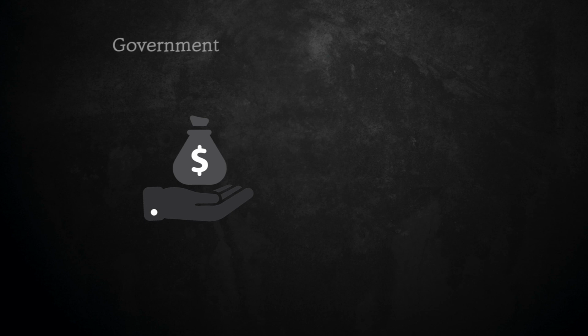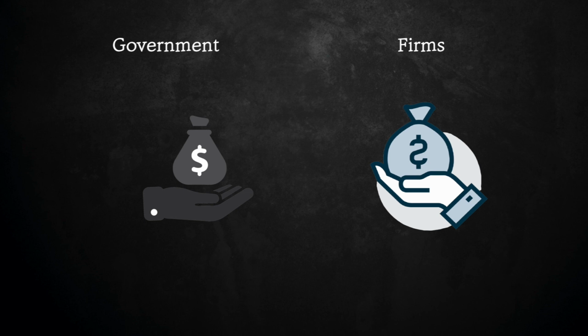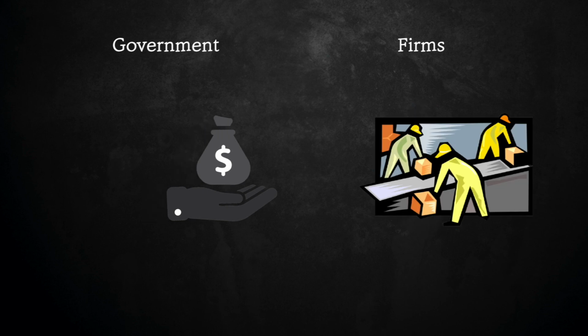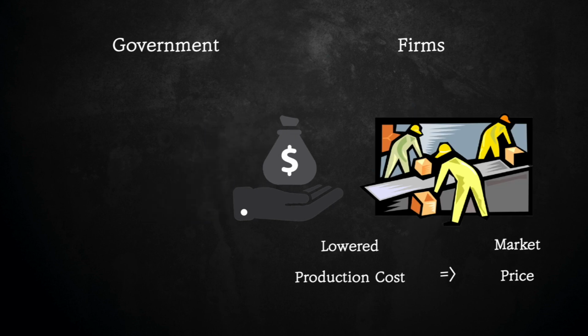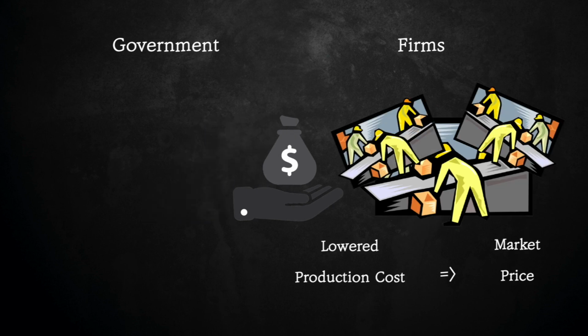Subsidies are payments by the government to firms. They can be defined as the opposite of taxes, where firms pay the government extra money per unit of production. Subsidies are also typically done on a per unit output basis. It aims at lowering production costs, and thus the market price, while raising output and consumption as well as firm